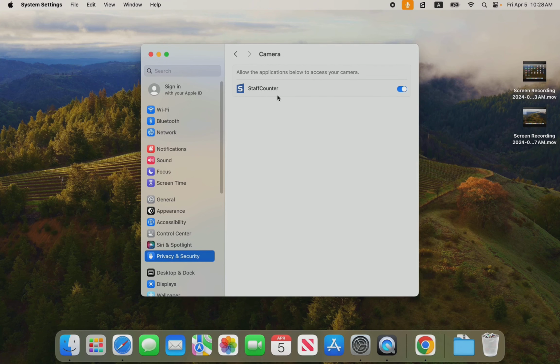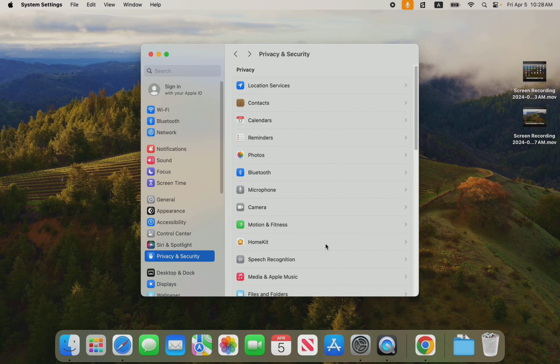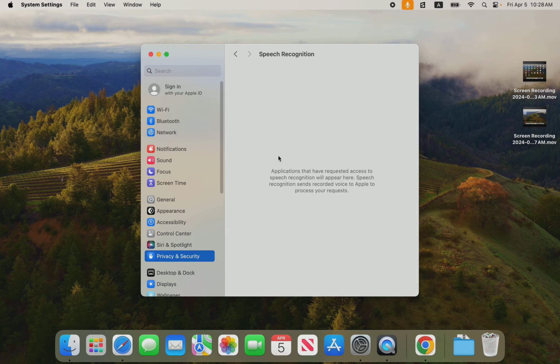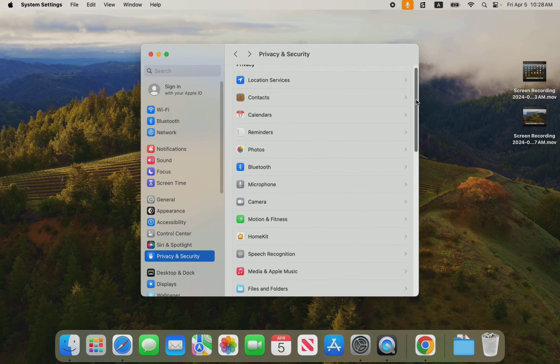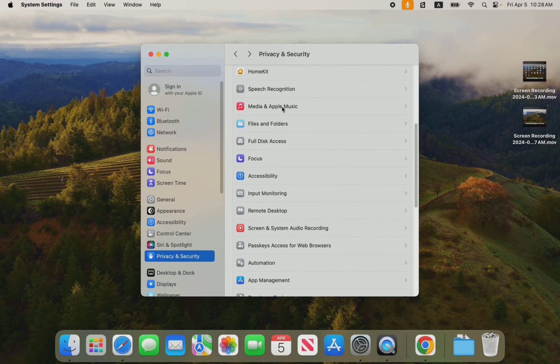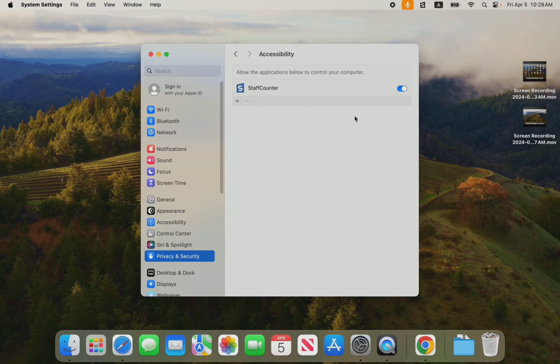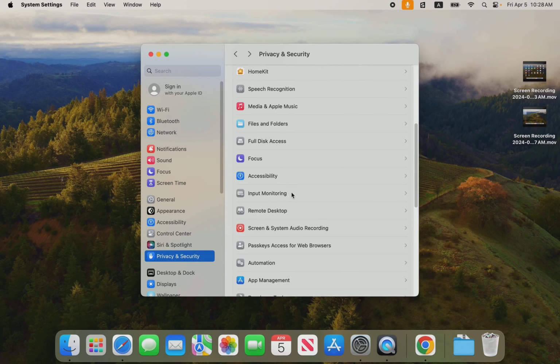As you can see, there is a permission for the camera, nothing for motion, no voice recognition, for accessibility, yes. This is needed for screen reading and also for reading text typed by the user.